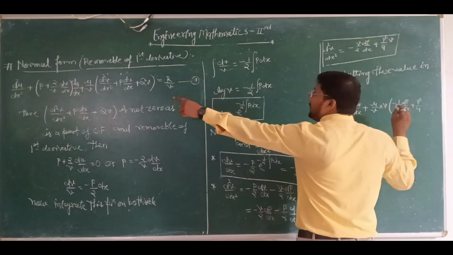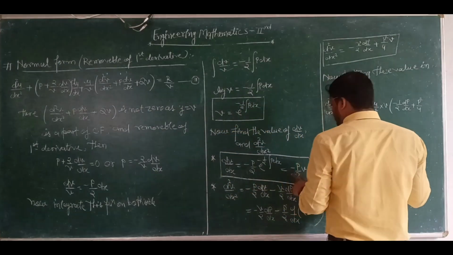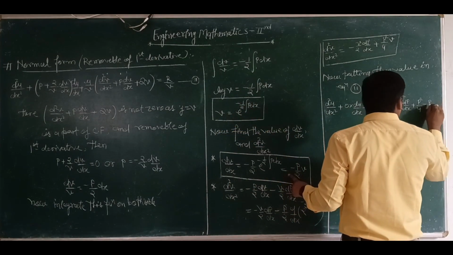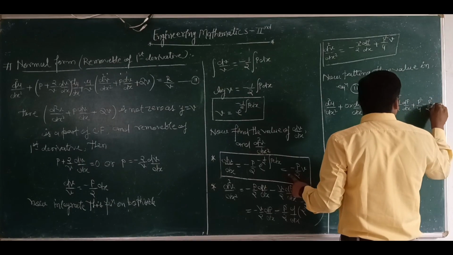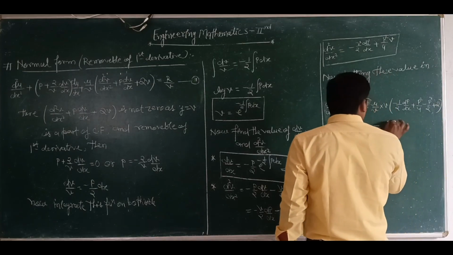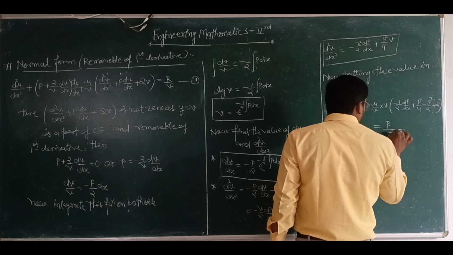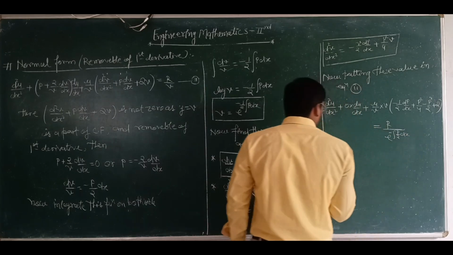Now again put the value of this p into dv is equal to minus p by 2, this is p square by 2 into v is also common. Now again q is equal to r by e to the power integration p by 2 minus p by 2 dx, or you can simply write